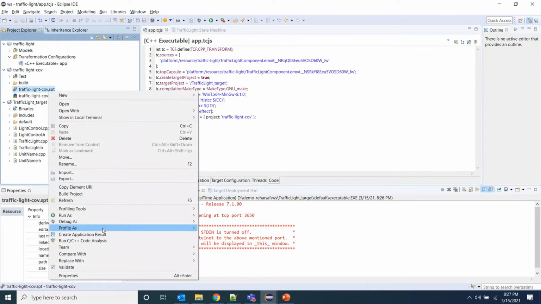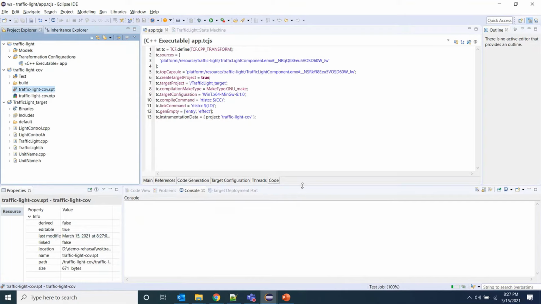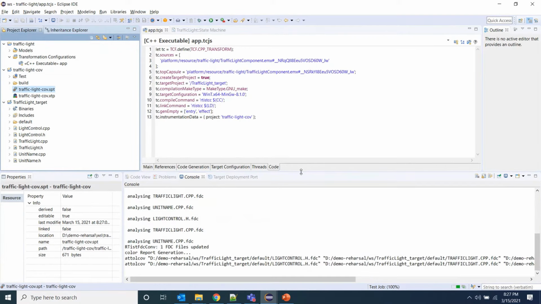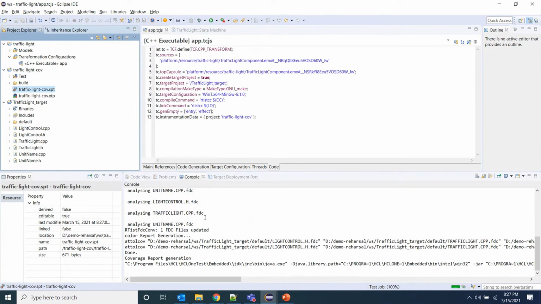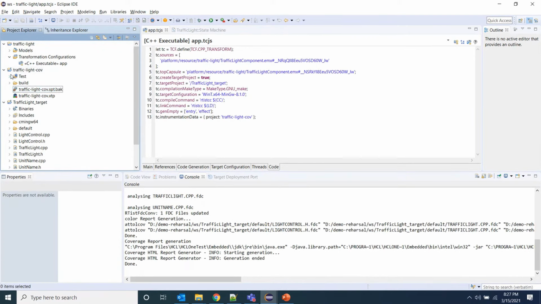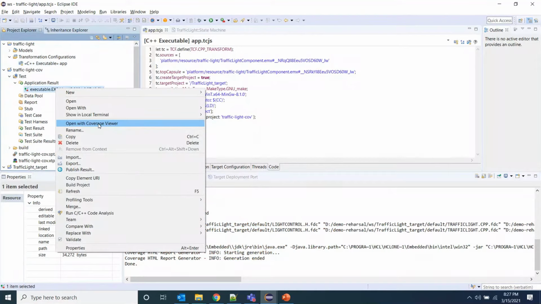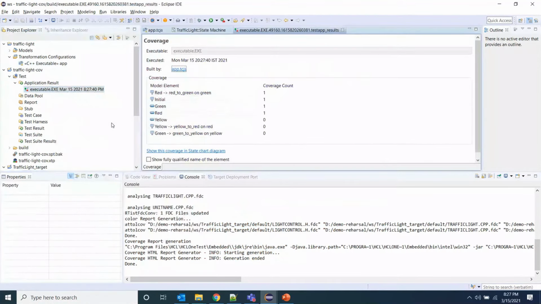On the SPT file, I have a command called create application result. Basically this will generate an application result file under test results. We can invoke it by choosing open with coverage viewer.